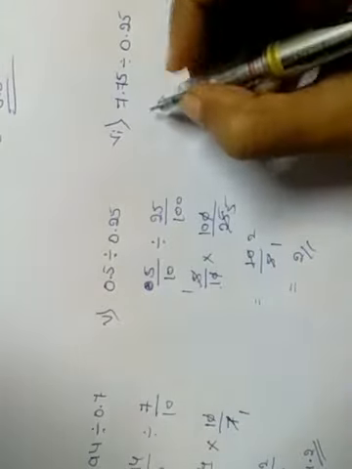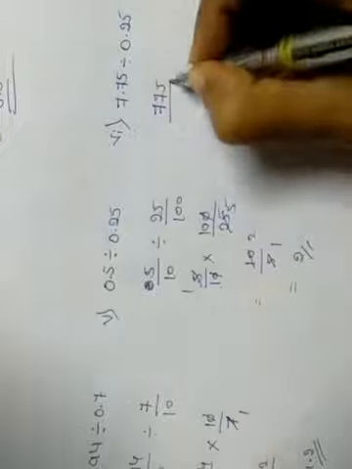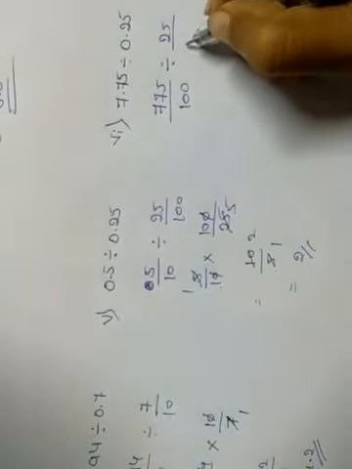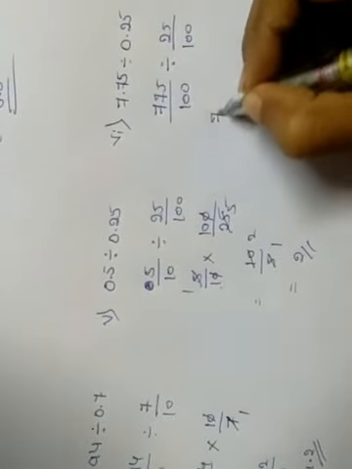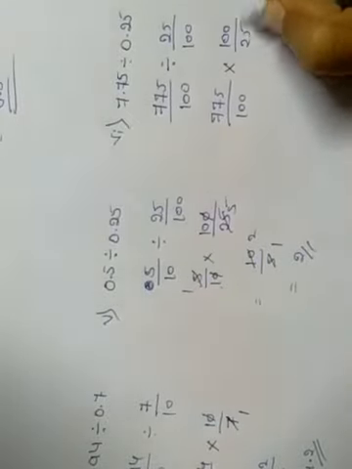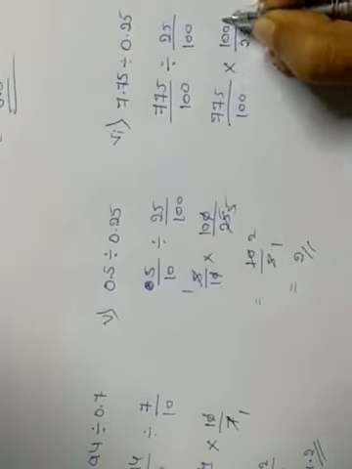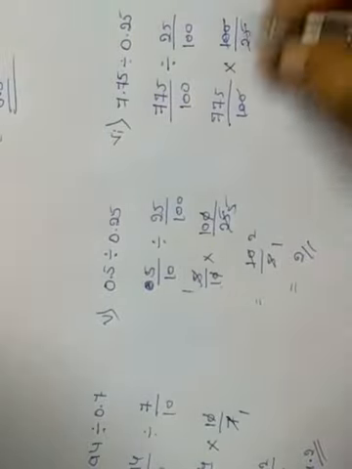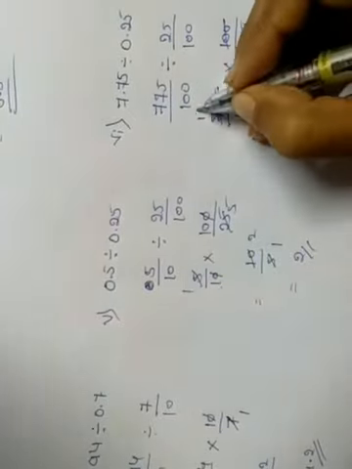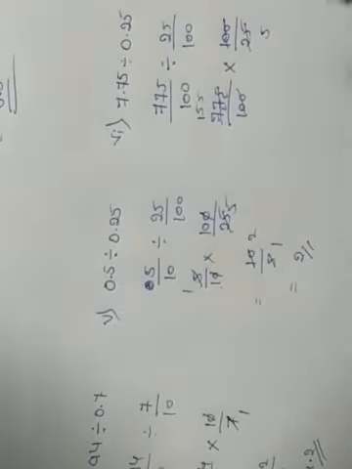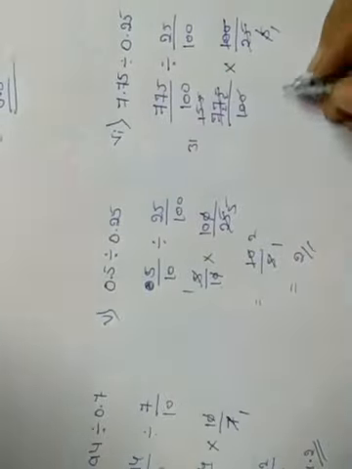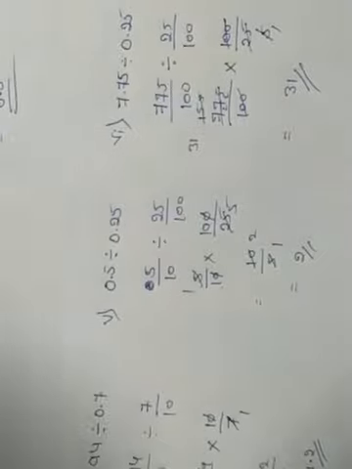Then sixth one, 775 divided by 100. Division symbol, 25 divided by again 100. 775 divided by 100. Change the sign, reciprocal. Now we'll simplify. 100 gets cancelled. 5 5s are 25. Again 27. 5 5s are 25. Remaining is 2. 5 5s are 25. Again it will get simplified. 5 1s are 5. 5 3s are 15. 5 1s are 5. So thus we got answer as 31. Right.